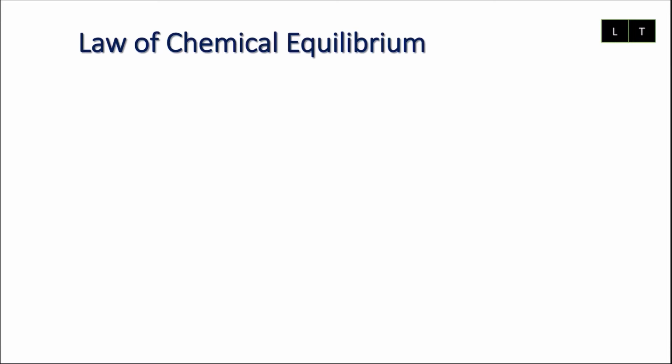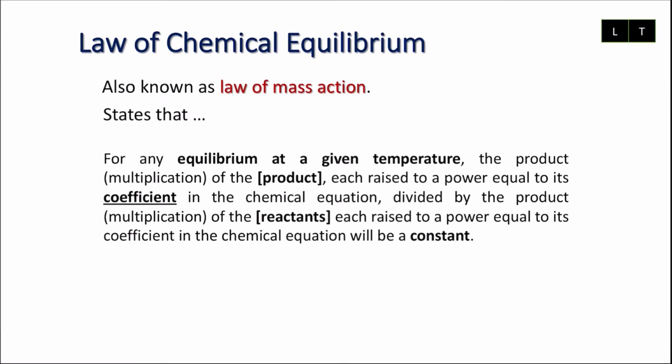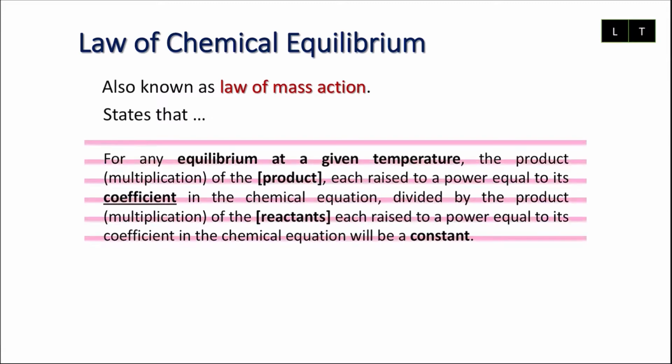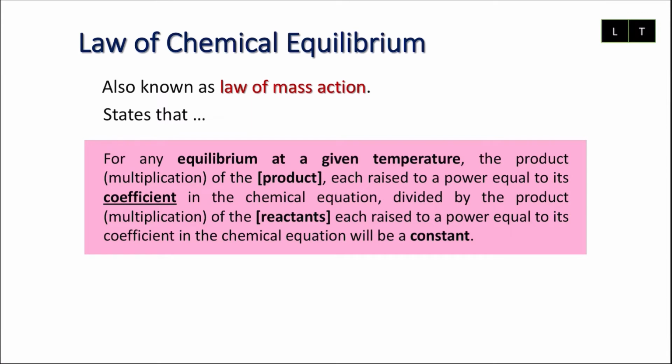This is another term that we know as law of mass action, where it states that for any equilibrium at given temperature, the multiplication for the concentration of product each raised to a power equal to its coefficient in the chemical equation divided by the multiplication for the concentration of reactant each raised to a power equal to its coefficient in the chemical equation will be a constant. Panjang kan ayat ni? So don't worry, you just need to understand about how to write the expression for law